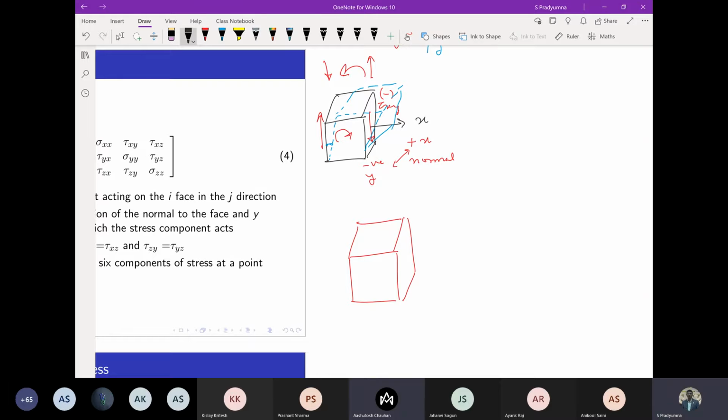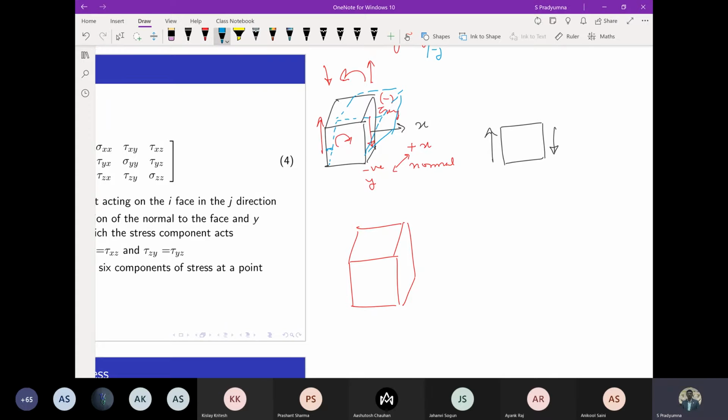No, top, I'm only considering now, for example, let's only talk in this direction. I apply this force or stress. How does it behave? It will go like this because of the shear, right? Correct? Yes, sir. So when I consider it in the other direction, what happens? If it is like this. Oh, okay, sir. Got it. So can I say that it will look like this? Something like this? Yes, sir.